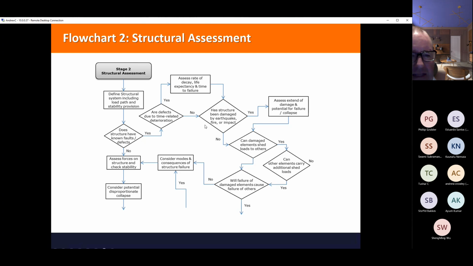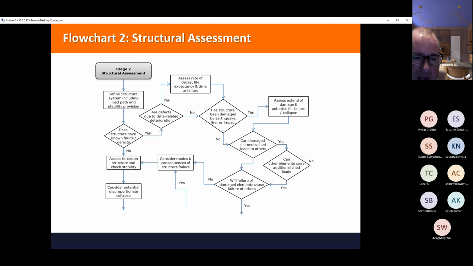So you need to assess the damage that these events have done to your building, and is there a potential for collapse? And if, for example, a component of your building is looking like it's failed, can that load be shed elsewhere? So is there redundancy in the building?